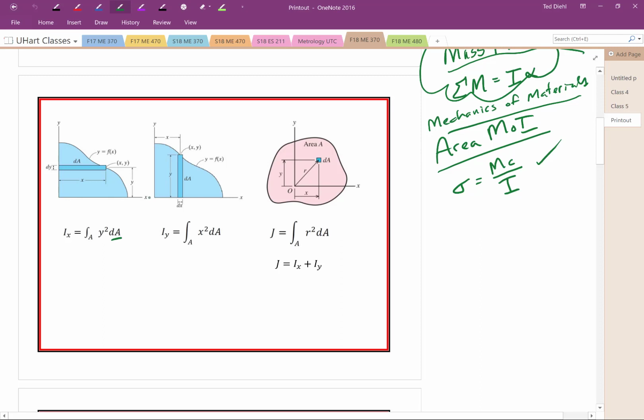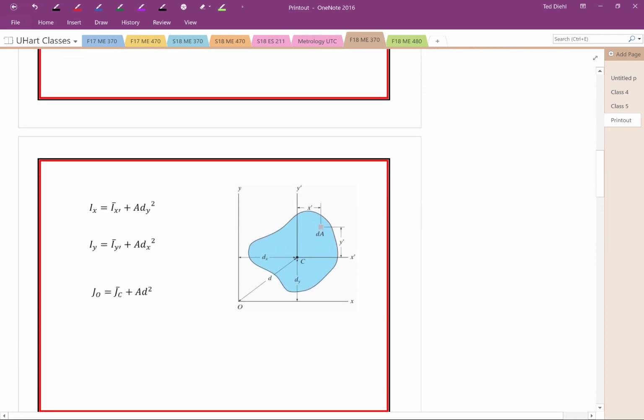Now we also can do a polar moment of inertia, and that's about the axis that's coming out of the page, right? And they too are related to each other. Now these are the integral forms of these, and we're not going to do that in this class. We just want to know that that's where it comes from. We're going to take standard shapes and add them together, and the way we add them together is to use our good friend